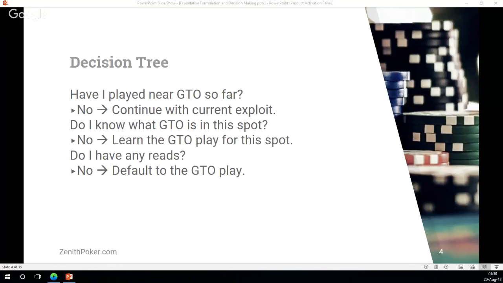How come? We make the pot big if we get there. We win a bigger pot. So let's say we have a monster draw and the guy is a calling station. Should we check back our monster draw or should we bet? Well, if it's a calling station, is it still a calling station if you check back and you get there? Probably. Yes. You checking back doesn't make him no longer a calling station, right? No, it doesn't. But I'm saying maybe we cannot get that amount of value. Let's say if I check back the flop and get there on the turn, I have to bet huge to